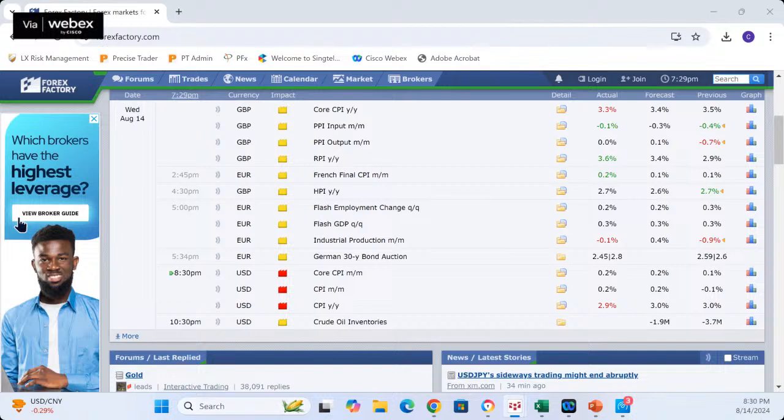So if you have bought euro dollar, then what I would suggest is now we bring our TP lower, because this is as expected. As expected, I don't think we are going to see any big move happening now, unless the US session comes into play. When the US session comes into play, then we may see a big move happening. Okay, let me see what is happening now.